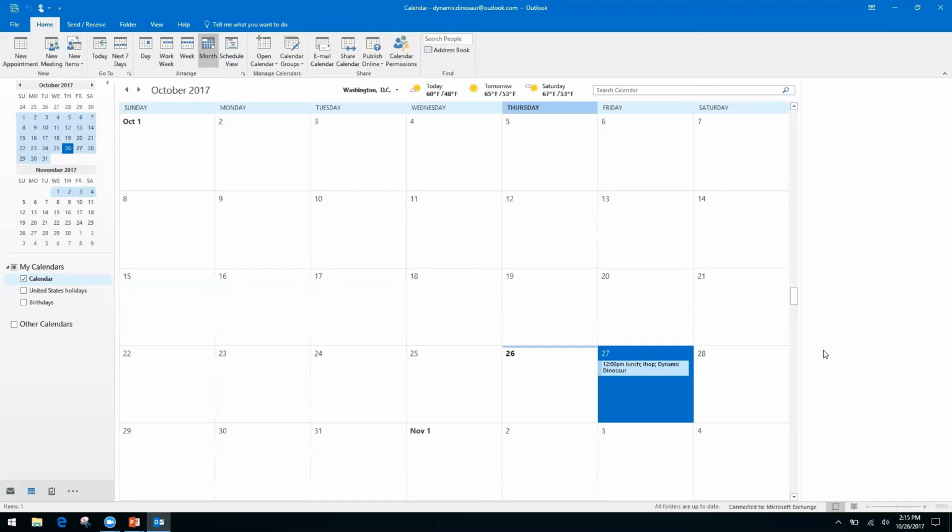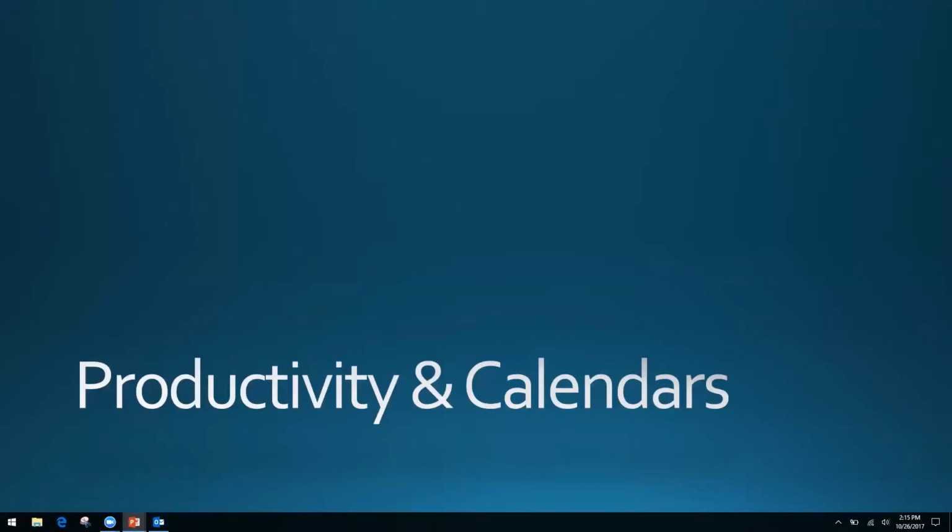So there are a lot of plugins that you can browse through in the Microsoft Store, see what's going to work for you. If you have somewhere that you have frequent meetings, that is something that you can set up as a